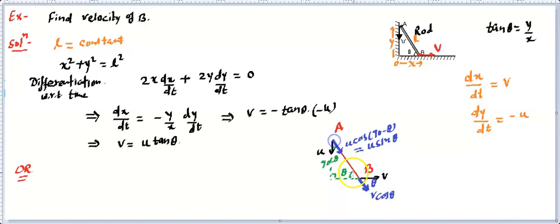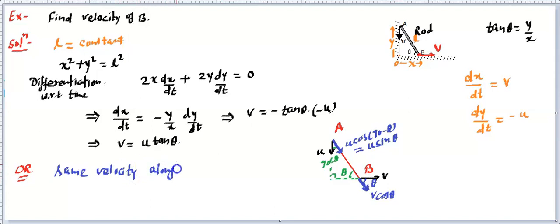And we know the length between A and B is not changing. So the relative velocity of A with respect to B, or B with respect to A, must be zero, because the distance between these two points is not changing. They must neither be coming closer nor moving further apart. That means the separation must not change. So relative velocity will be 0. That means they must have the same velocity along the rod. So the constraint is: same velocity along the rod.